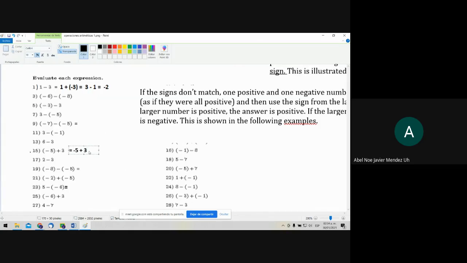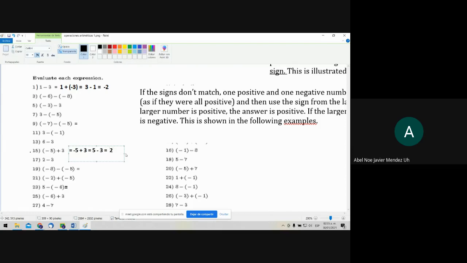Okay, that's equal to 5, the bigger number, minus the little number 3, equals 5 minus 3 equals 2,